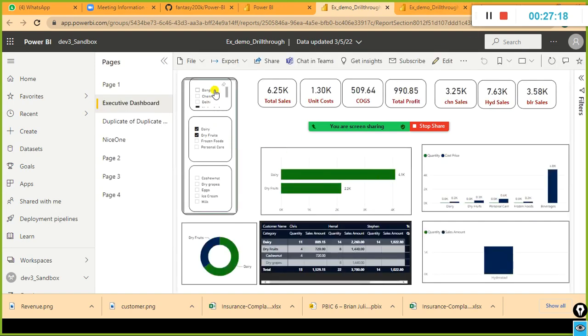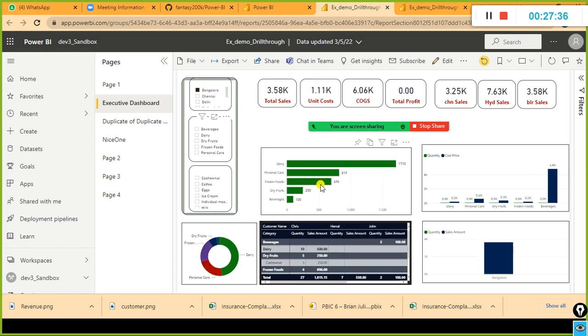So here what I do is I just unselect, I just select Bangalore. It shows all the categories, and I just want to select personal care and dairy, these two.